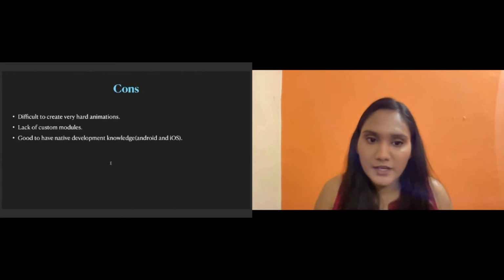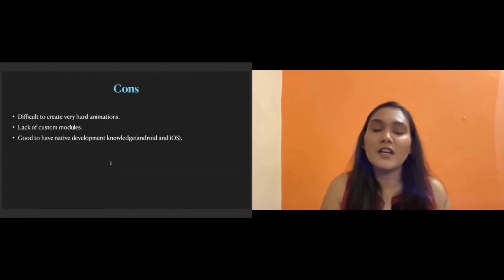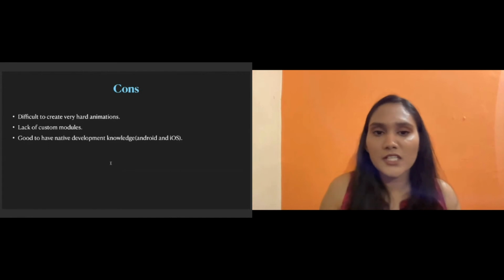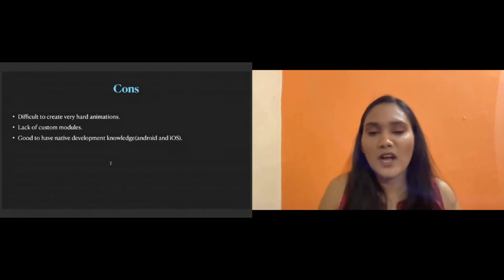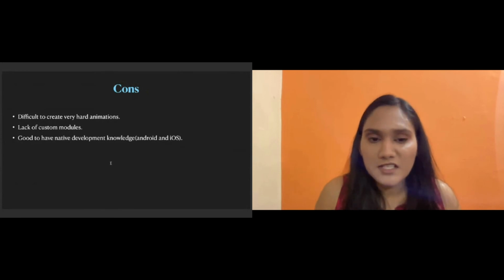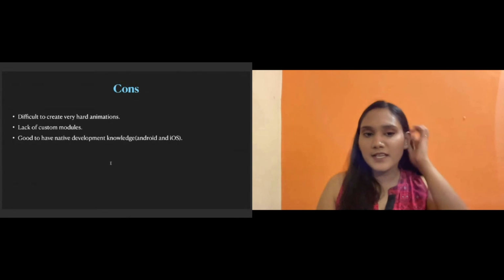It will be required. But these are the cases of very complex applications where the kind of work you want to do is not available in the market itself, and you cannot achieve it with JavaScript itself. You have to do some native coding for it. In that case, you have to create the custom modules.